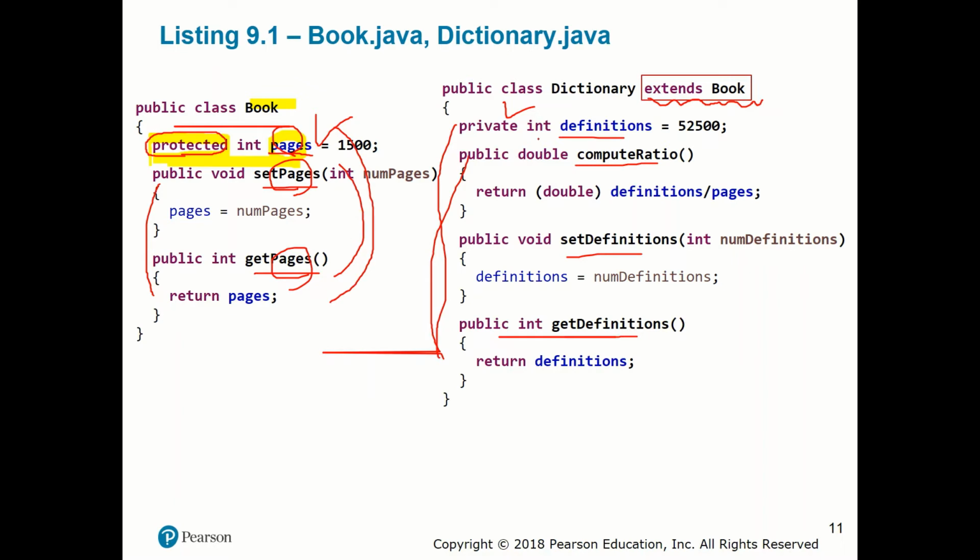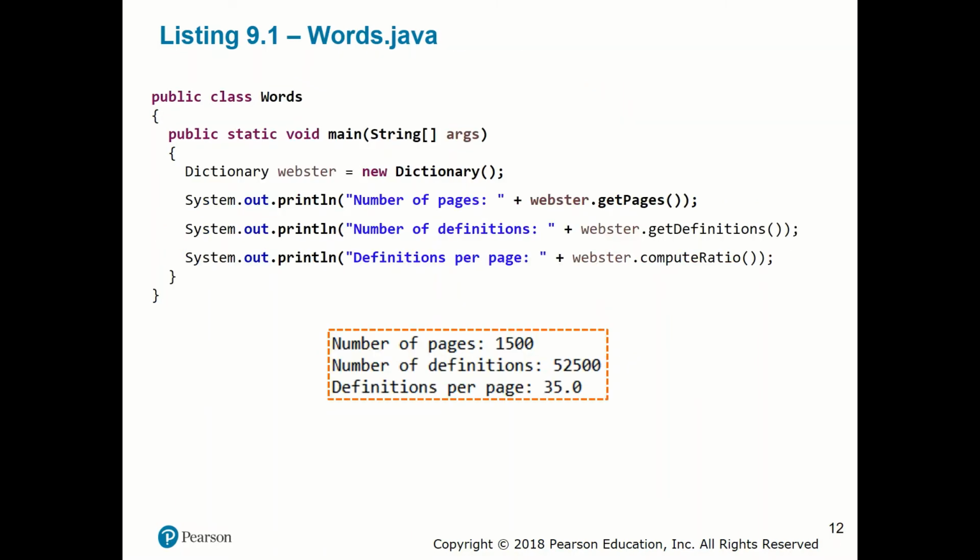So I think this is a pretty simple class. It has definitions and computeRatio and setDefinition and getDefinition. Okay, then let's see the main method. In the main method, the Dictionary object is created. It is called Webster, and here